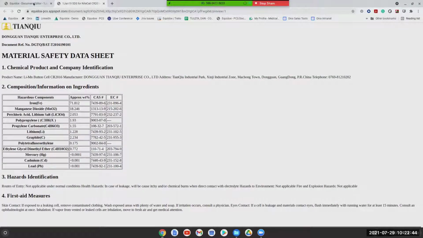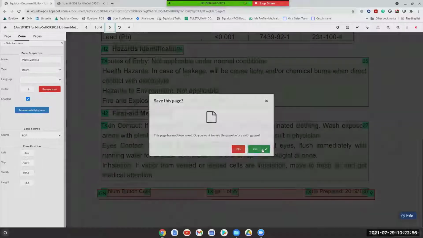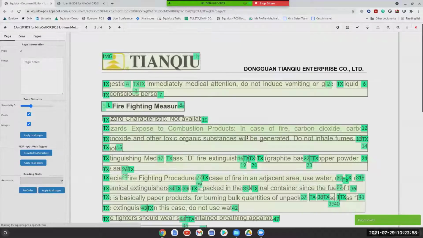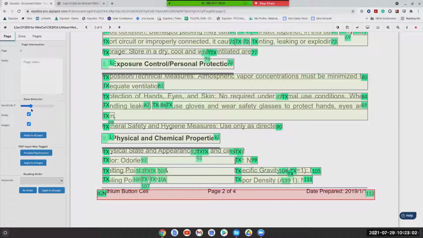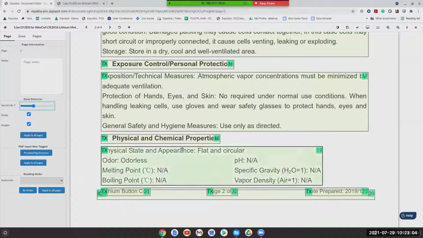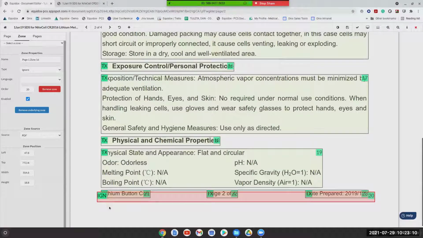So when you have information that is just redundant and repeating itself on every single page, that does not necessarily need to be tagged, but the ignore zone will artifact all of it. And when you move on to subsequent pages in the document, you'll notice that the ignore zone is already down there waiting for me. So even if I use my zone detection slider, that ignore zone is there to wipe out things like the prepared date or the title of the document. It's going to artifact those automatically.